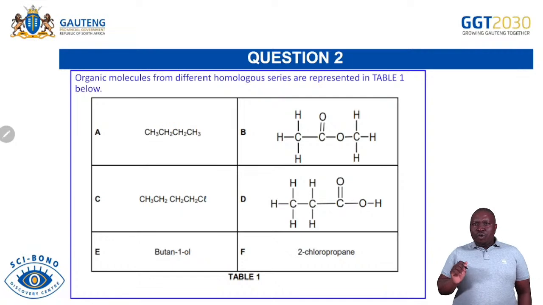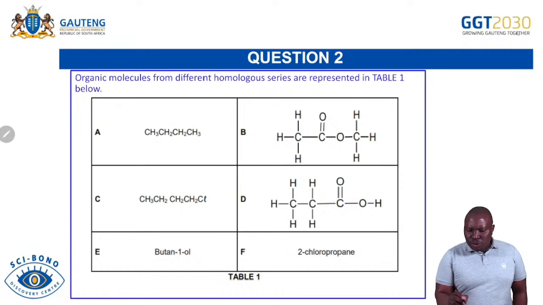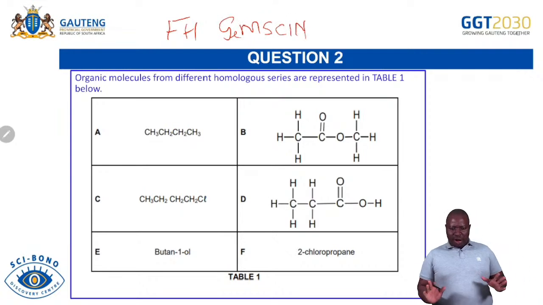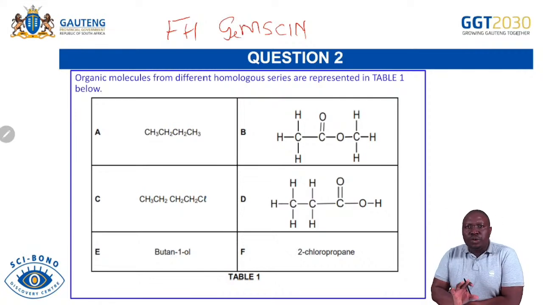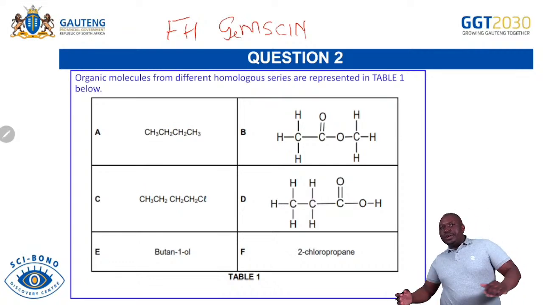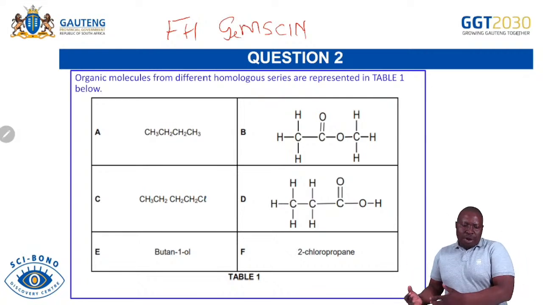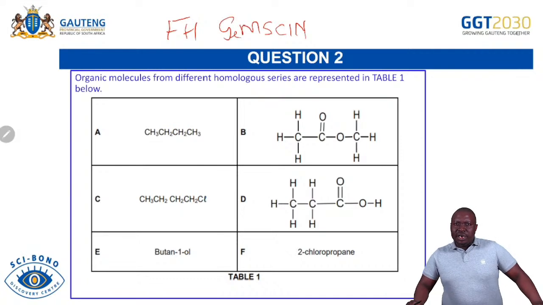So we're saying for question 2, ensure that you use them FH, gem, skin. I'm going to use that. It will help you. It will make sense to you very soon. Don't worry. So we are saying immediately when you get this question, analyze this question. Don't run to questions. That's why we are showing you the slide with only this table. We didn't show you the questions that follow, because if you rush questions, you will be answering questions from a position of not understanding what the table is all about.